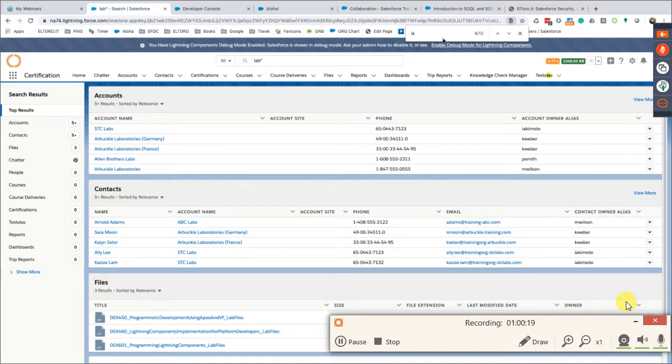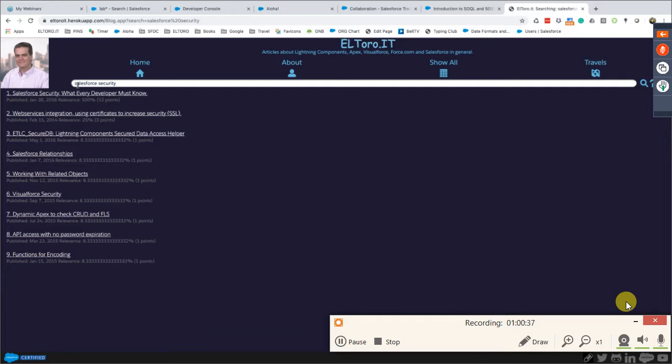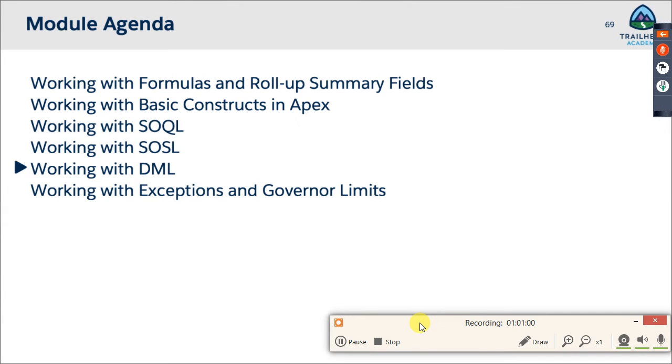All right, cool. Now, there's also a really cool use case for that, which is when you're building custom interfaces. You may have seen this blog before, and I look for words here, and it finds me the articles that have the Salesforce word and the security word in there. This is using SOSL as well. All right, cool. So that's basically the use case for SOSL, when you want to build user interfaces. All right, so what about